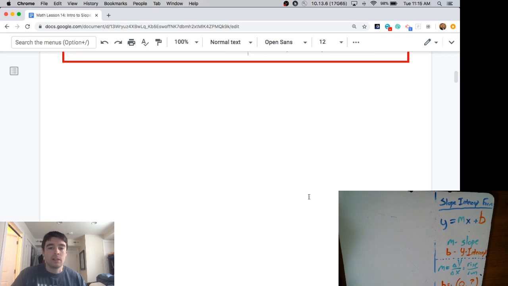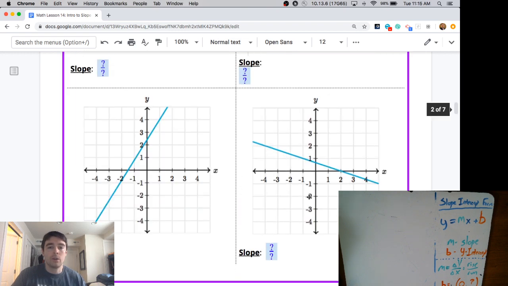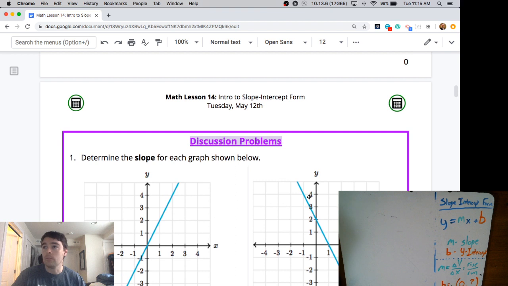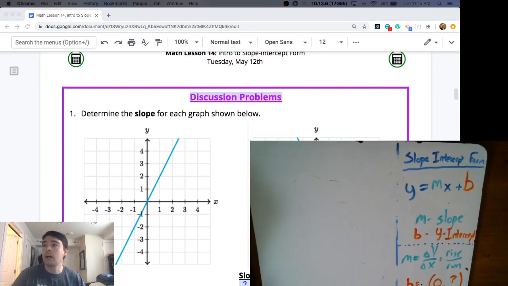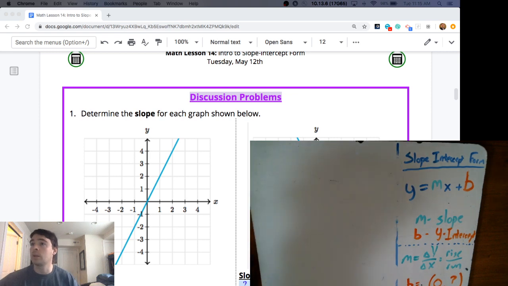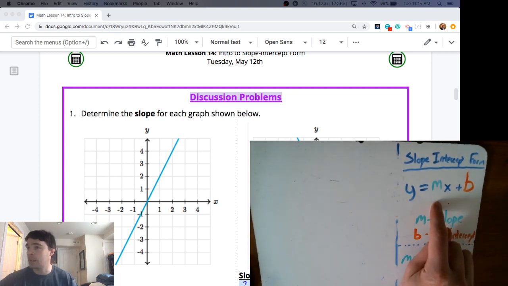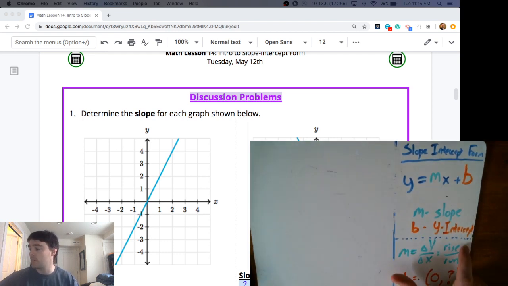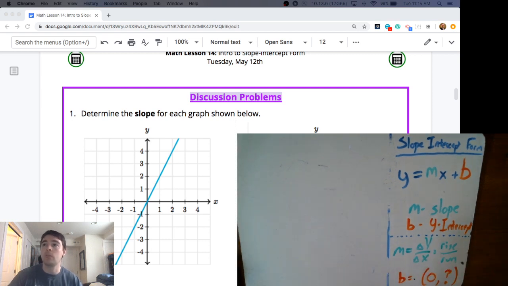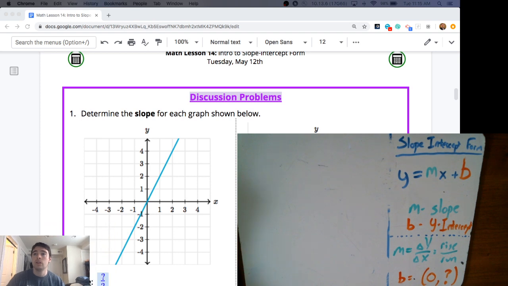So to begin for today, we're going to start talking about slope. I'm going to make my whiteboard a little bit larger. And the big thing I want to emphasize with slope is the m in this y equals mx plus b equation. Remember, it measures our rate of change. And when we're on a graph, to measure that rate of change, rise over run is really the most helpful thing we need. So if I take a look at this first graph here, this blue line that you can see my mouse tracing over,